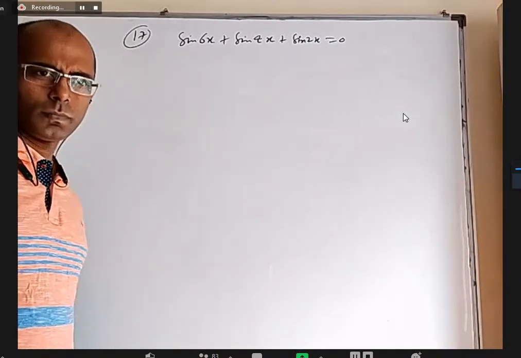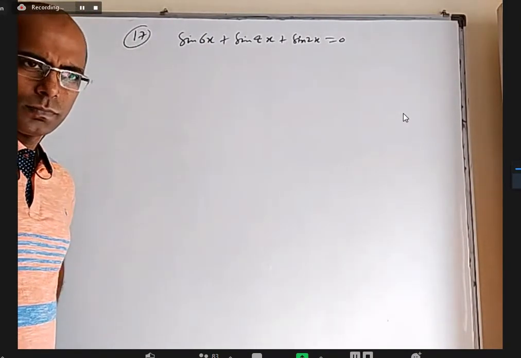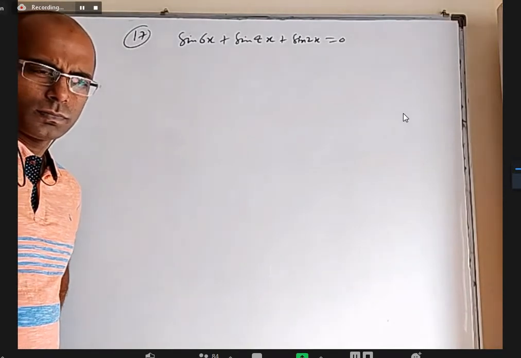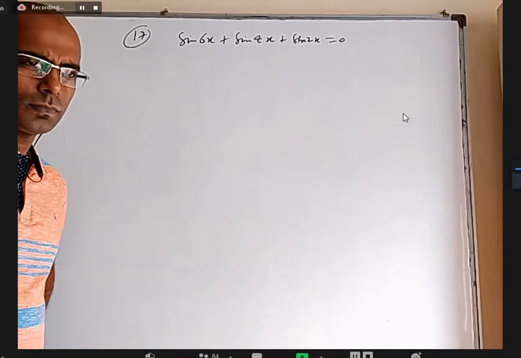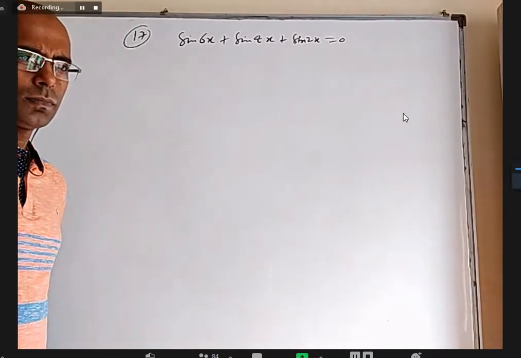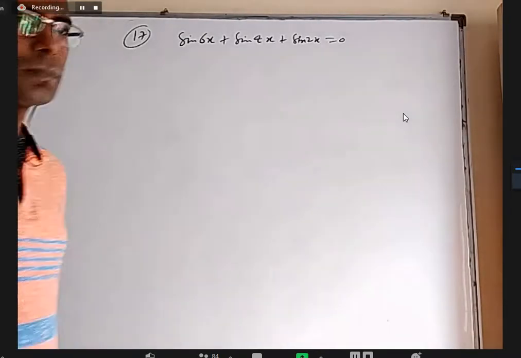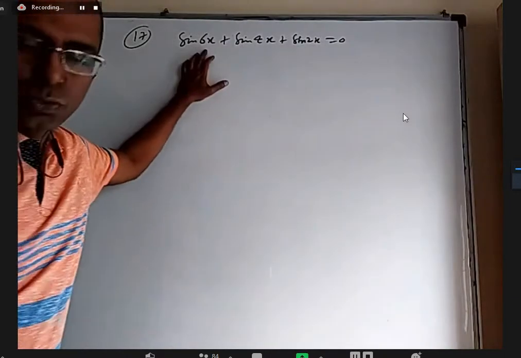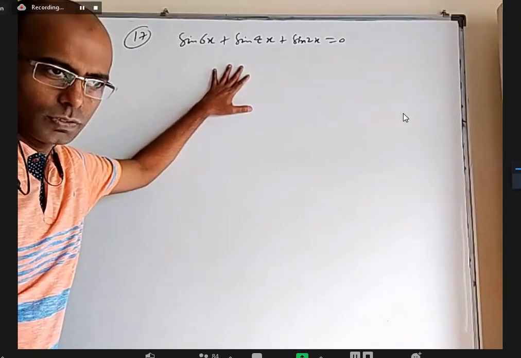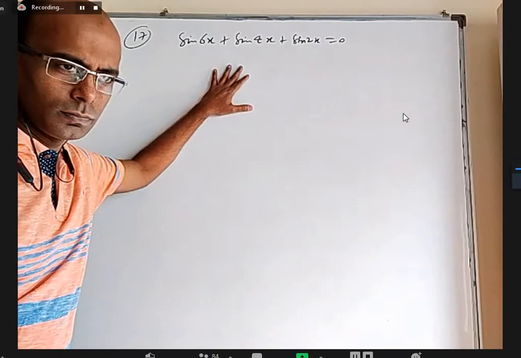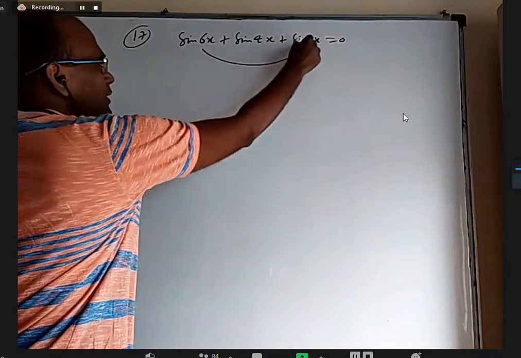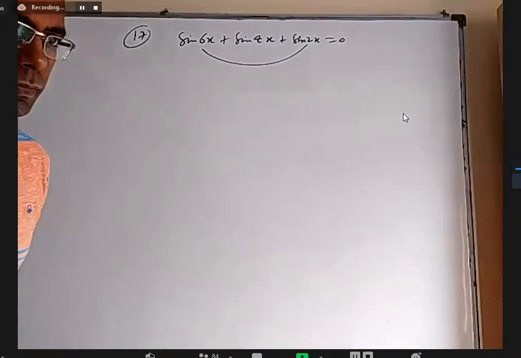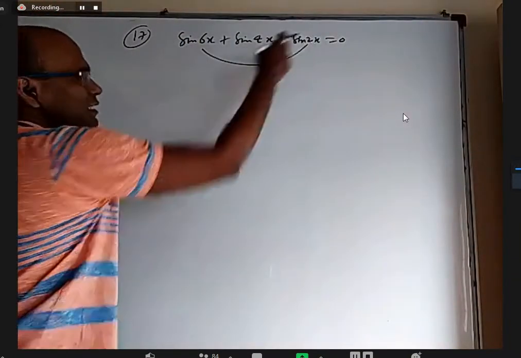Sir, yes sir, we can take 6x to the right hand, apply sin C plus sin D for the 4x... You want to write 6x or 4x plus 2x. Sin a plus b formula you wanted to use? Is that what you said? Transformation formula. Yeah, that's right. You can combine these two and apply transformations. Sin C plus sin D.